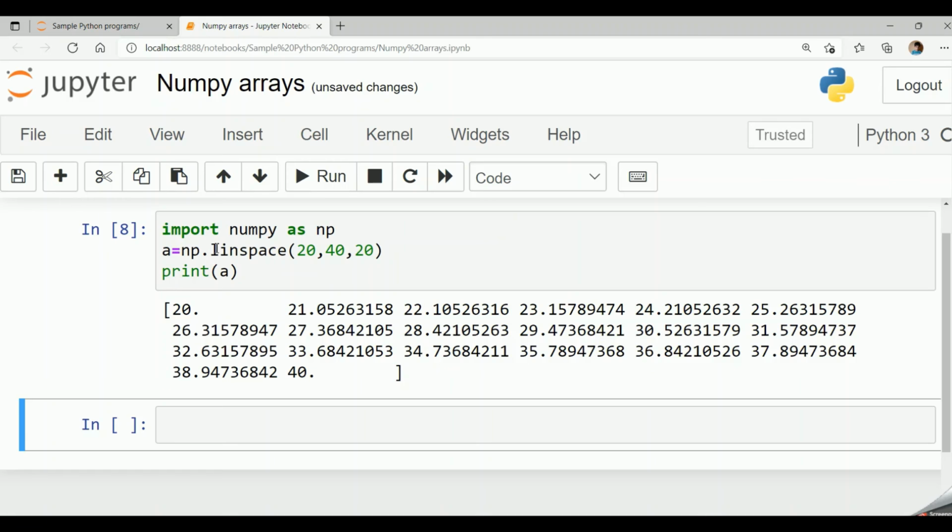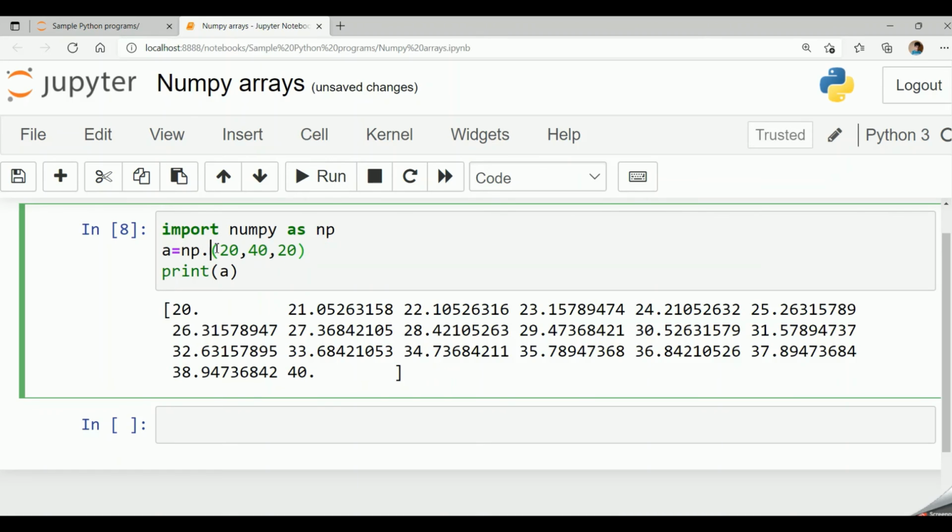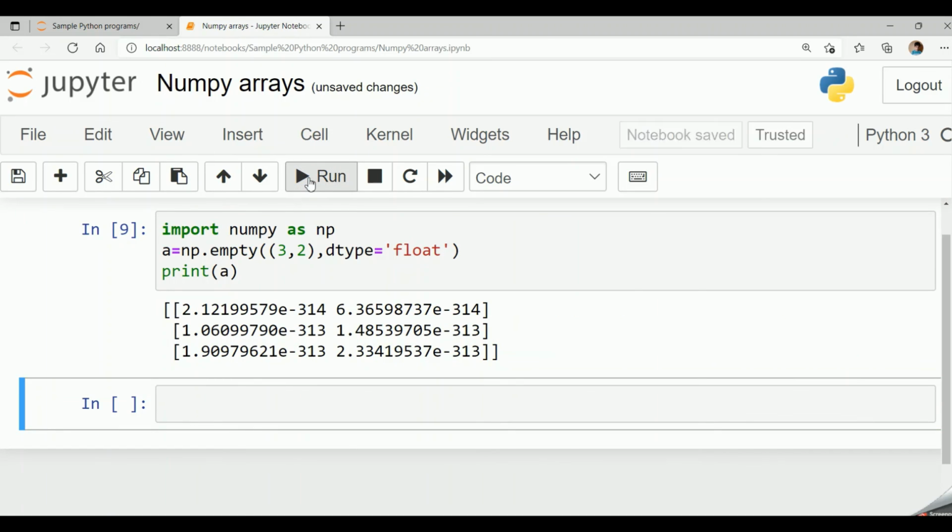So let me say np dot empty, then I will specify 3, 2 which is the array shape, comma dtype equal to float. So when I run this code, I get a 3 by 2 array with random values and it will be in the floating notation.